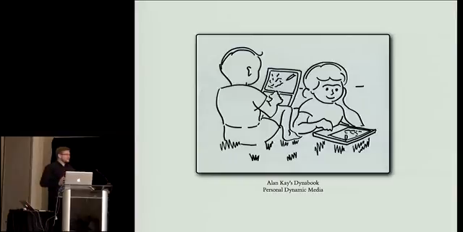So, a bit over 40 years ago, Alan Kay imagined future computers taking the form of paper pad-sized devices he called Dynabooks. Interaction with these would happen through personal dynamic media that would let us mold and channel the power of the computer to our own needs, to paraphrase Kay. In Kay's vision, two children, Jimmy and Beth, were sitting in the grass and playing Space War across their linked Dynabooks. They found the game a bit too easy and started to collaboratively tinker with the program code to change the gravity on the ship to make the game more challenging. So in Kay's vision, software was an expressive medium that could be tinkered with and appropriated for personal and idiosyncratic